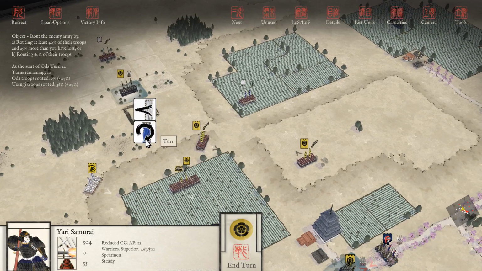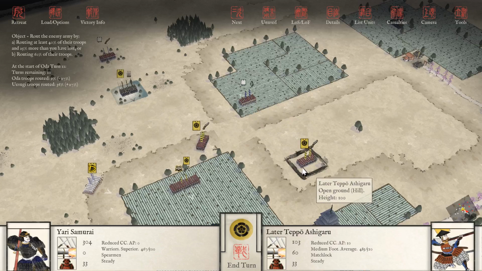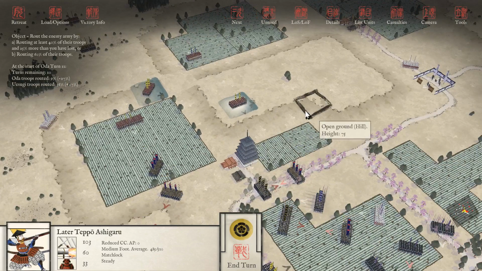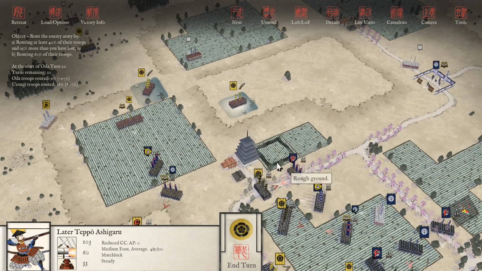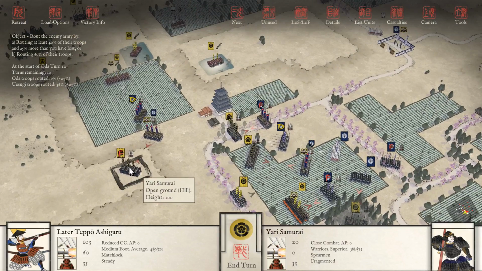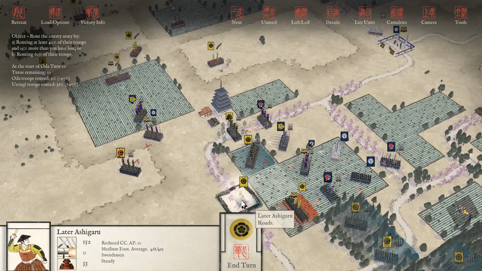All right, I need you to turn around. That's your entire turn, unfortunately. I need you to turn around so you can go shoot somebody else. All right, you're fragmented. I really need...